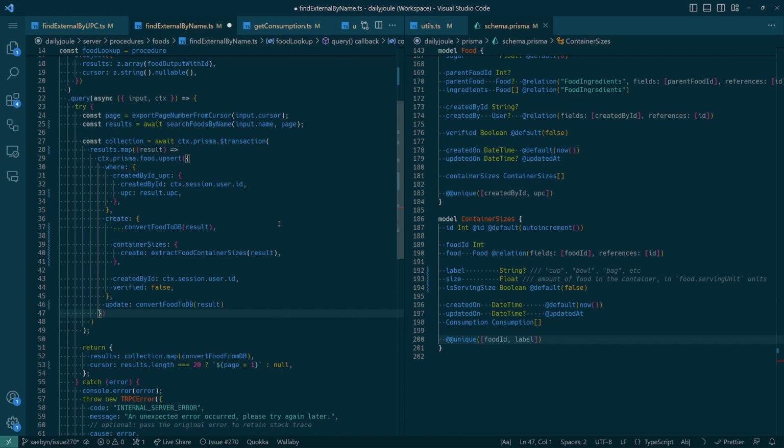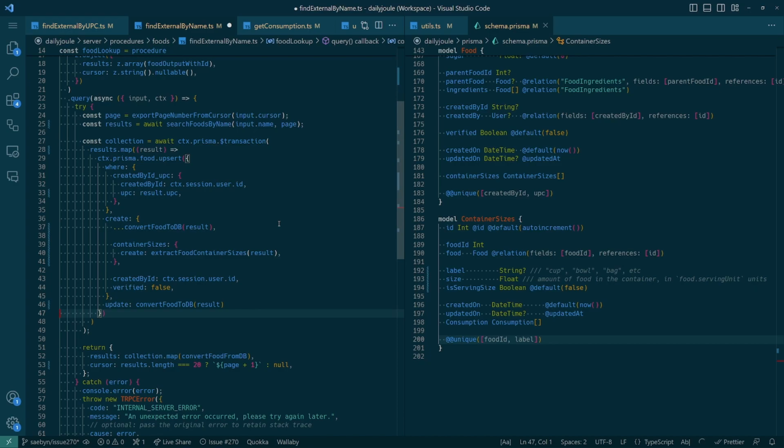Now, that does mean we're essentially not going to support it if the serving size information from where we're pulling the data from changes, or the container size is updated. And perhaps, I don't know. I mean, I think long term, if this were to become a commercial scale application that was making money, let's say, one way or the other,